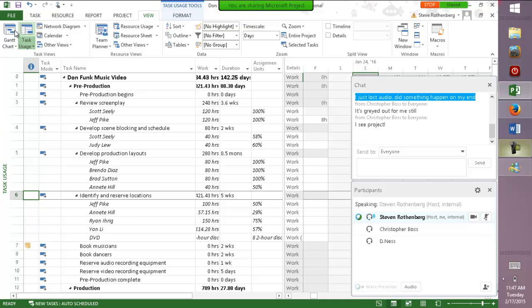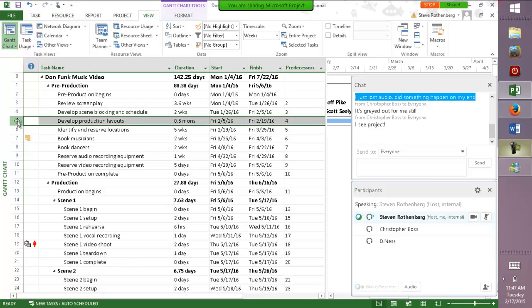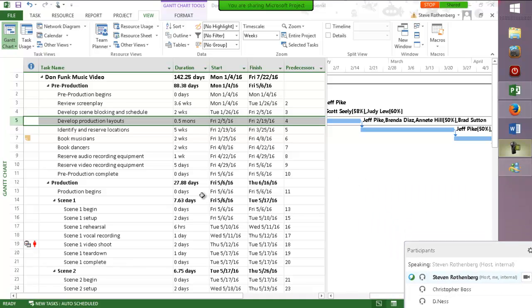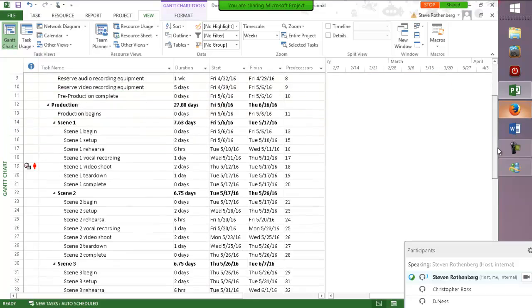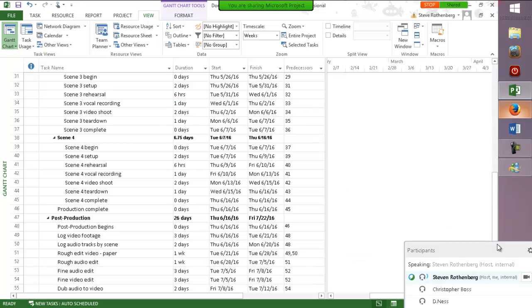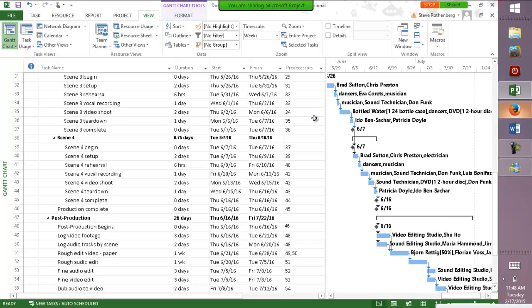Task 5, they want us, let's go back to the Gantt chart. They want us to look at task 5, develop production layouts. It turns out that this Control F, and I'm going to close the chat window here so I can get more real estate. It turns out that if, let's say you're down here, and you're all the way, oops, I don't want to do that. So now you don't see anything on your chart, so you scroll over, and now you see this, but you're down at task 32, and you want to get back to task 6, and you don't want to have to scroll up and down, so you can go Control F5,